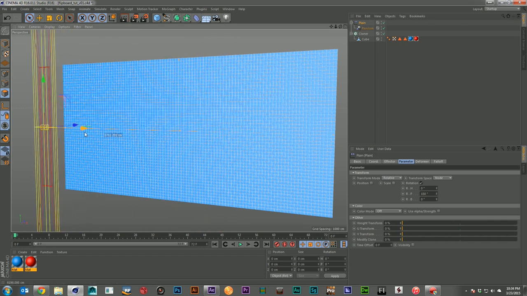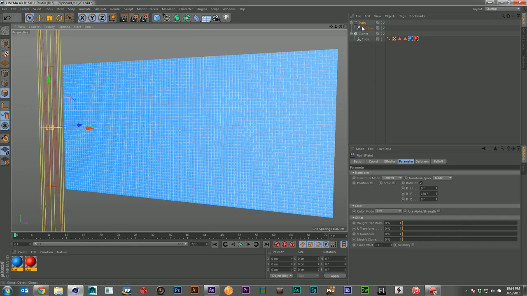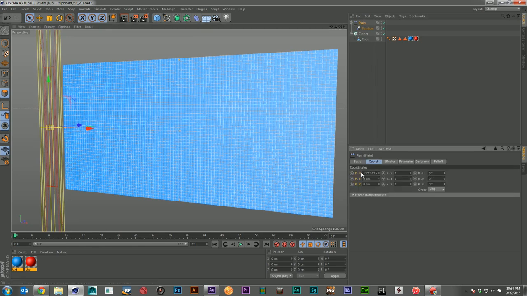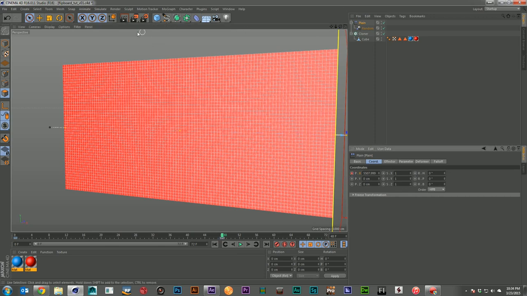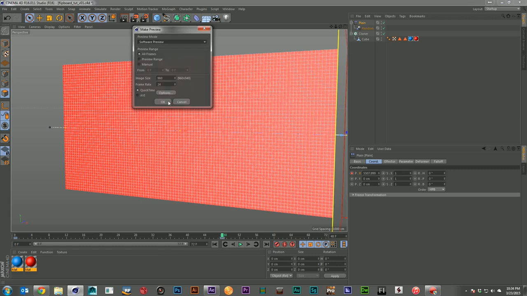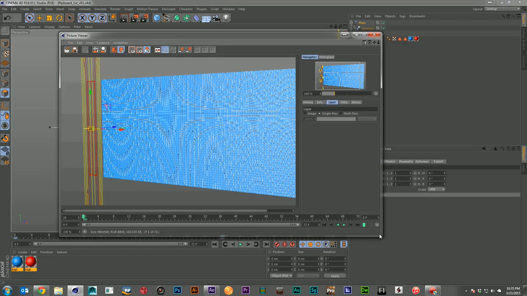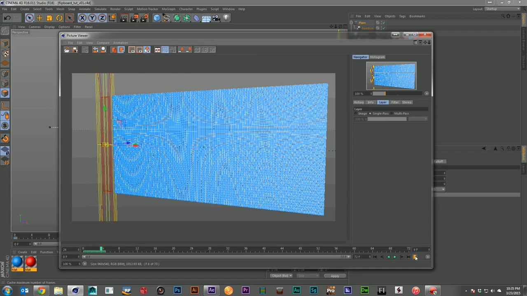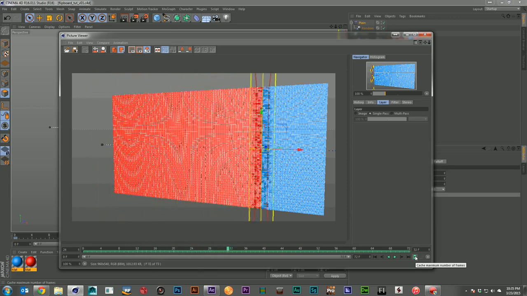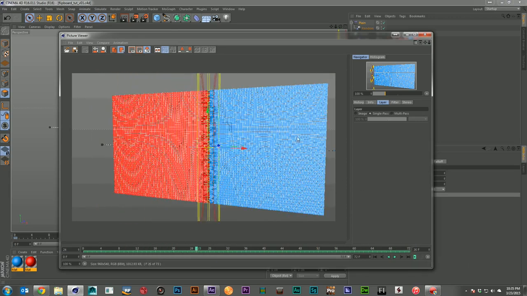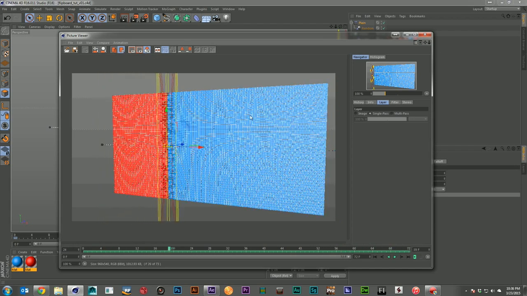So let me go ahead and bring it off to a side here, and I'll set a keyframe in my X, and then over 2 seconds, I'll bring it across, and I'll set another keyframe here. And let's go ahead and take a quick preview of it. All right, so we've got our preview here set up. Let's go ahead and take a look at it. And that's a pretty good flip effect, but it doesn't really have any interactivity with the tiles themselves,